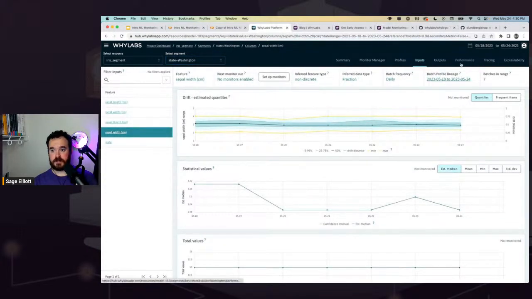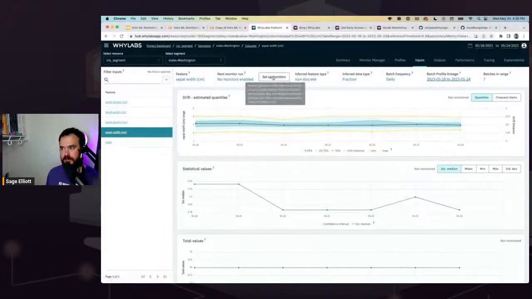And then something that's also very useful: you can set up monitors on specific segments as well. So you could say, alert me when the Florida distribution changes a lot because we think there's more variation there. Or if it was set up for different ages in some sort of medical facility, maybe that's more important. Like, if the data drift for older patients changes a lot, that's a higher priority alert.